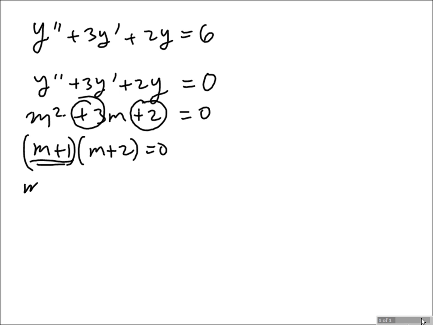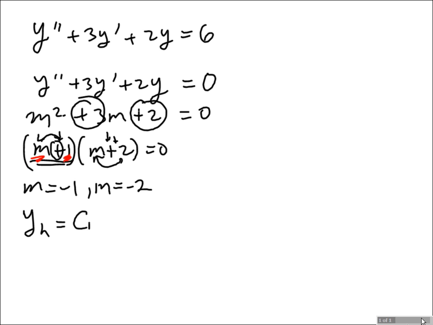So either that's 0, you need to know additive inverses. When you add two numbers and you get 0, the two numbers have different signs. This is plus 1, then that must be negative 1. You are adding two quantities, m and 2, and getting 0. Since that number is positive 2, then m must be negative 2. So the homogeneous solution, since we got two real roots, is y is equal to